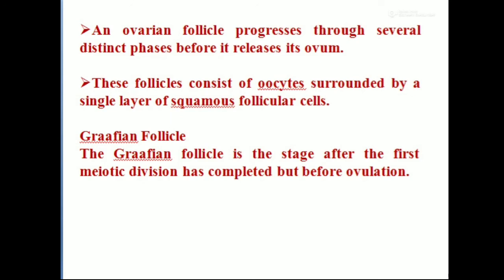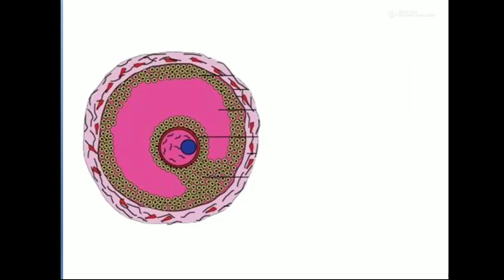Okay, in my next video I will discuss the external genitalia of the female reproductive system, and the associated glands like mammary glands and Bartholin glands. These are the glands that are associated with the female reproductive system. I will discuss them in my next video.